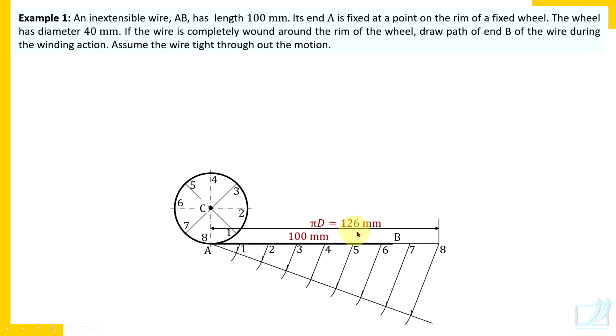If the length here is 126, suppose the given length of the wire is 136, then you may get one more division. But don't label that division as the 9th division, label it as a fresh first division, second division, and then it depends on what the extra length of the wire is. So this is how you first of all mark divisions. Pi d must have 8 divisions.